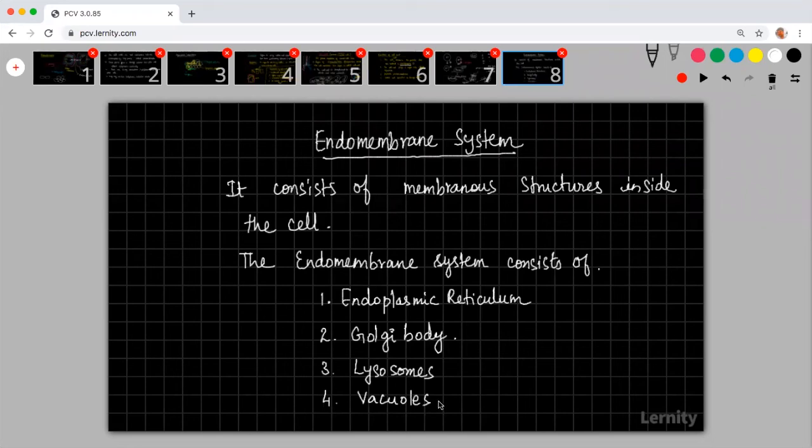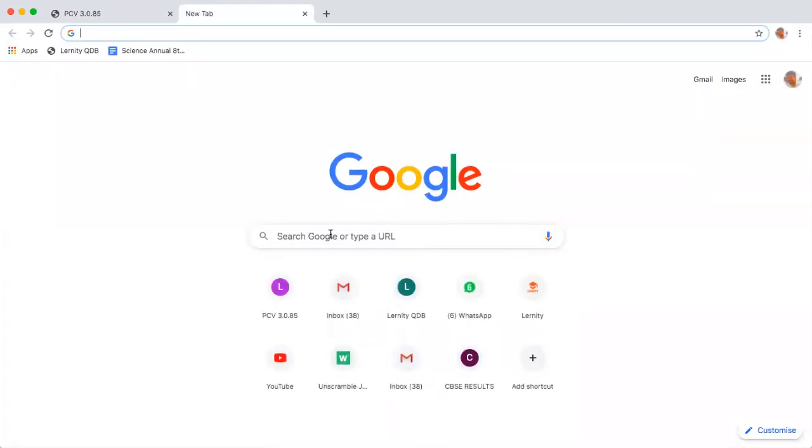So we have completed the cell envelope. After the cell envelope comes your endomembrane system. Plastids will not be part of the endomembrane system. The endomembrane system will have only these four things. It is a continuous set of membranous structures. So let us try to see the endomembrane system in terms of a diagram. Then you will know it.